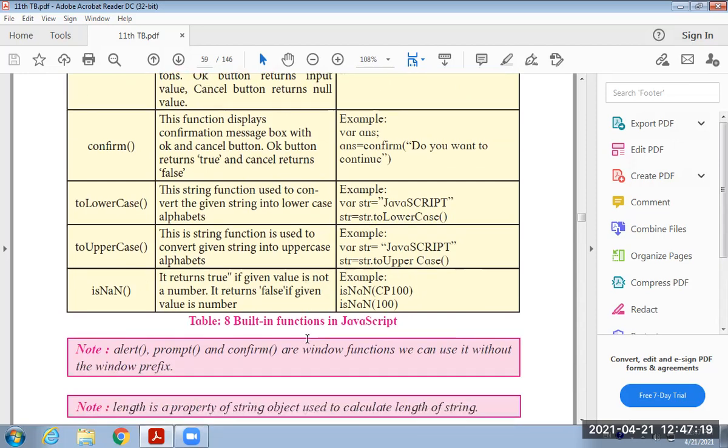And if we have to check whether the entered data is a number or not, at that time we can use isNaN. NaN means not a number. If it is a number, it will display the value true. If it is not a number, it will display the value false.